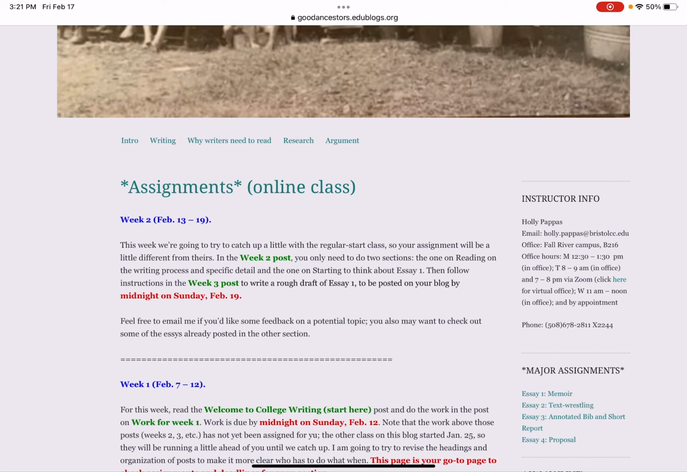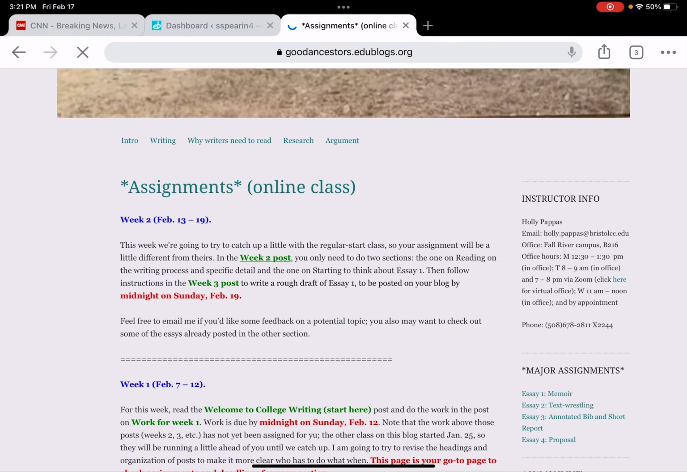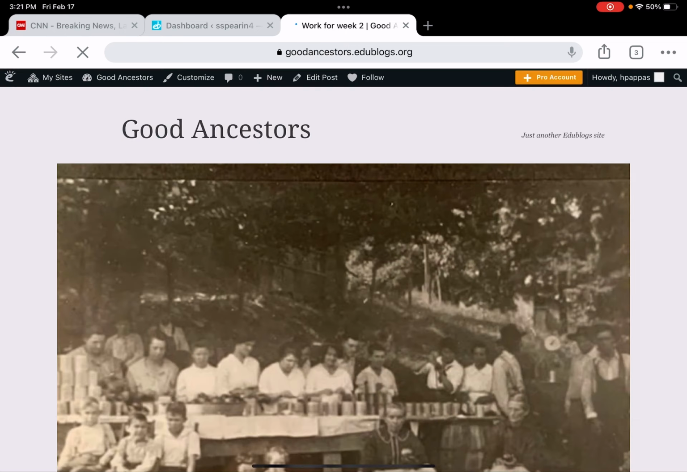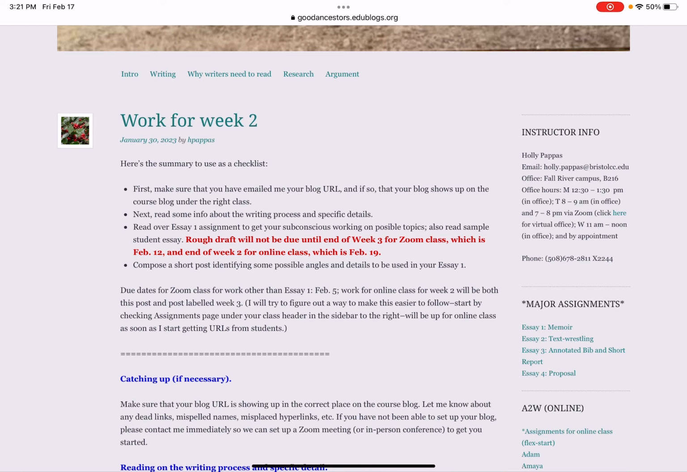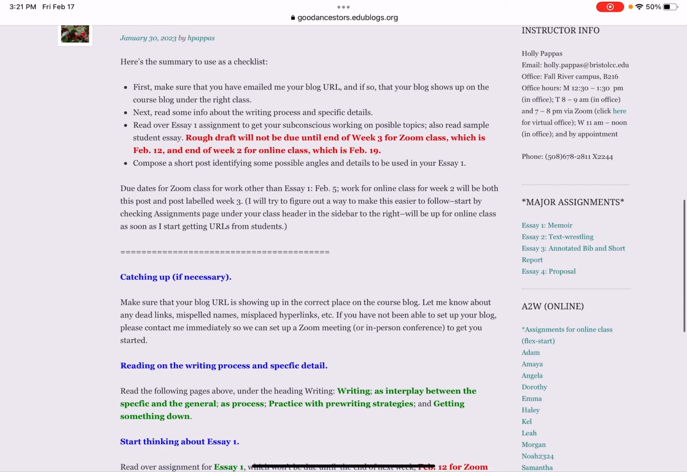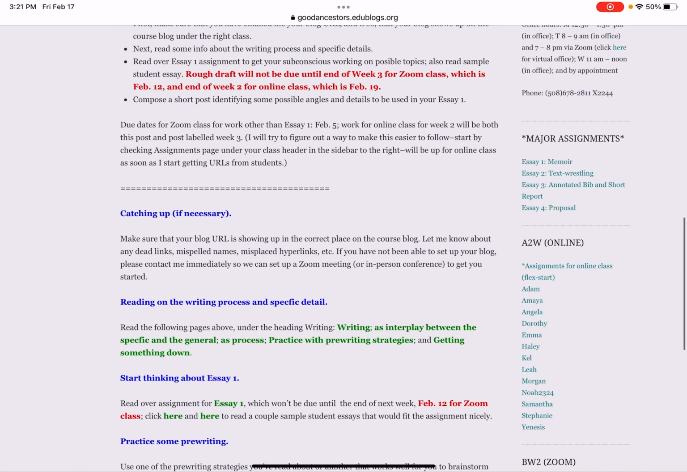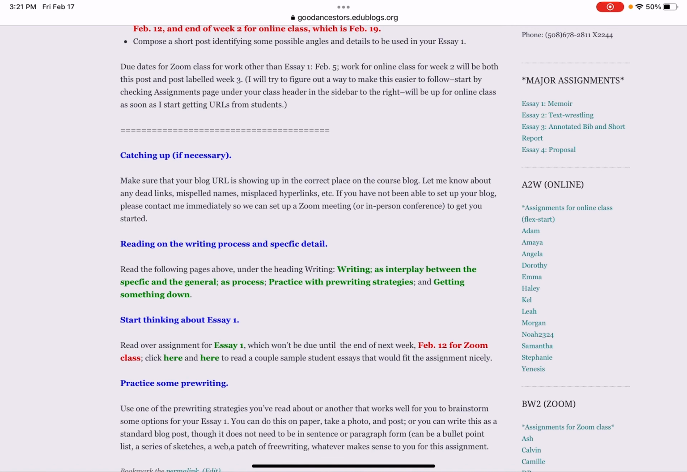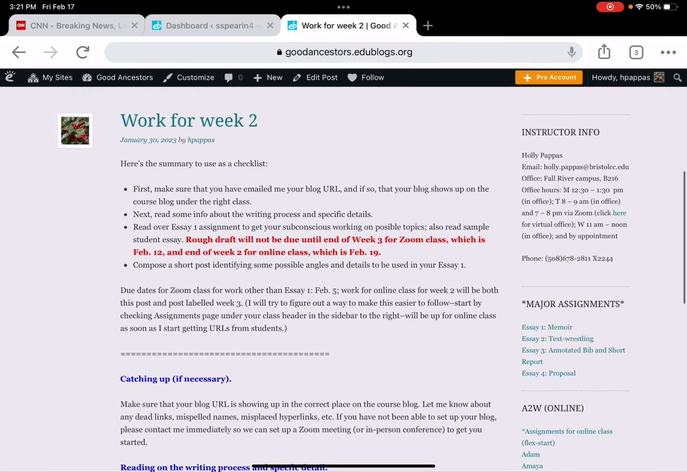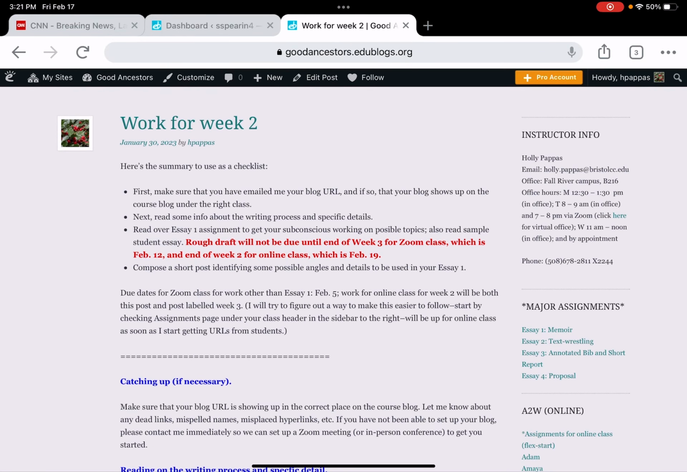So again, you'd click here where it says week 2 post, and it has again the bullet points with the short version, and then you would do this reading on the writing process in specific detail. Oops, I have to fix some of these spelling mistakes. And starting to think about Essay 1. And then you're going to go ahead and actually do the rough draft for Essay 1, which is in the week 3